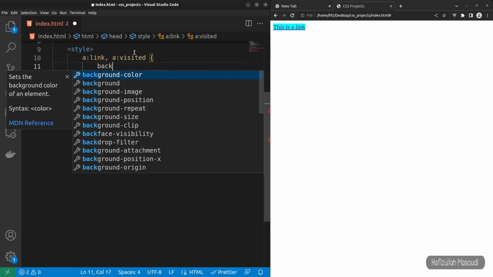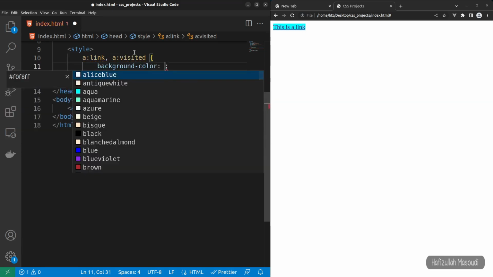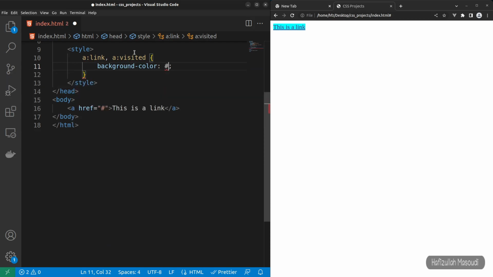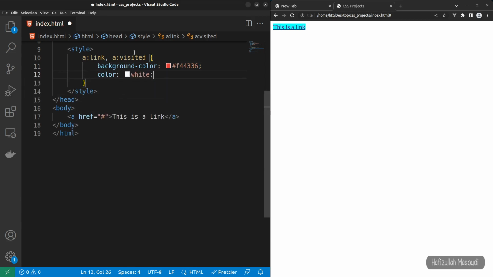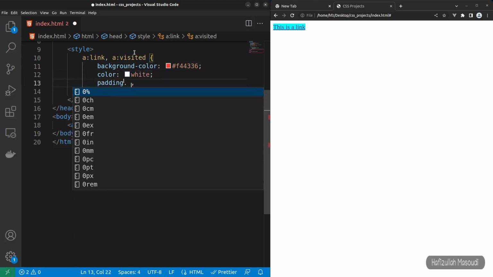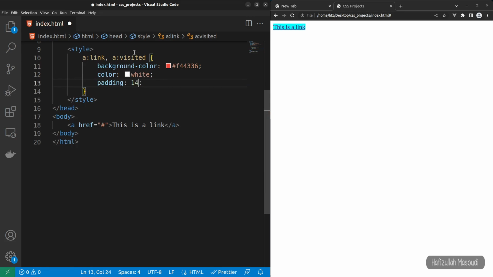So first of all, background-color, and let's say hash 4f4336, and let's say color. So for color, let's say white, and let's declare some padding, so 14 pixels and 25 pixels